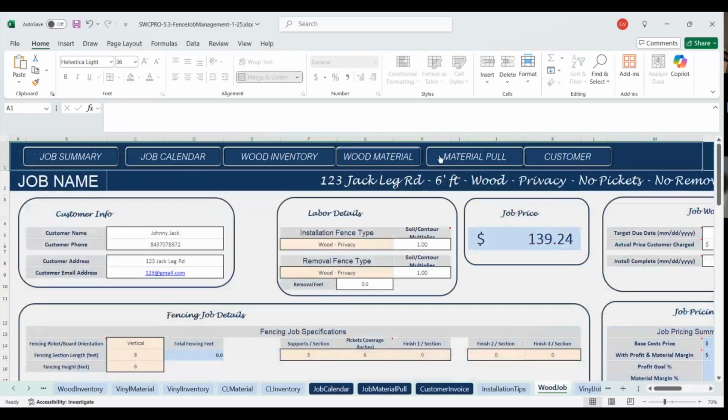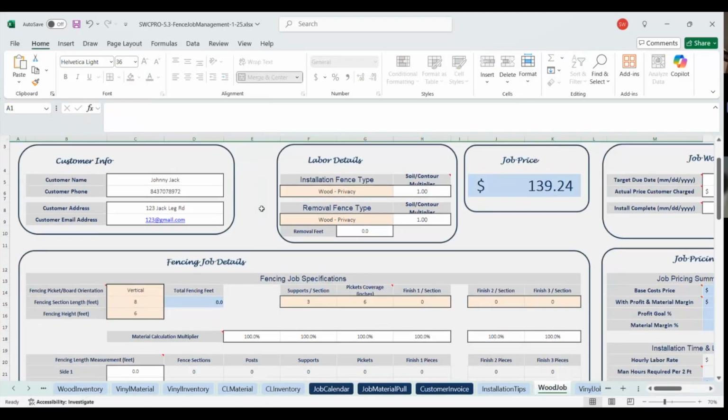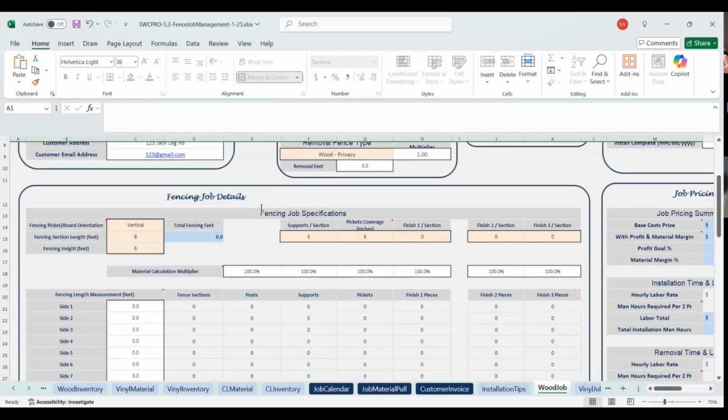And I don't know why it's showing like that. So you're going to see on this one, the fencing job details, there's a little more to the selection. It works identically, there's just more pieces. And one of the additional parts is the finish section. So if you're doing a top rail with decking board or you're doing fencing caps, this allows you to